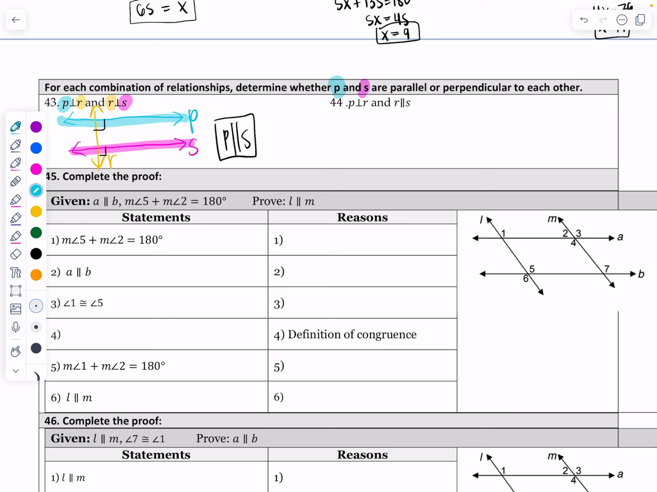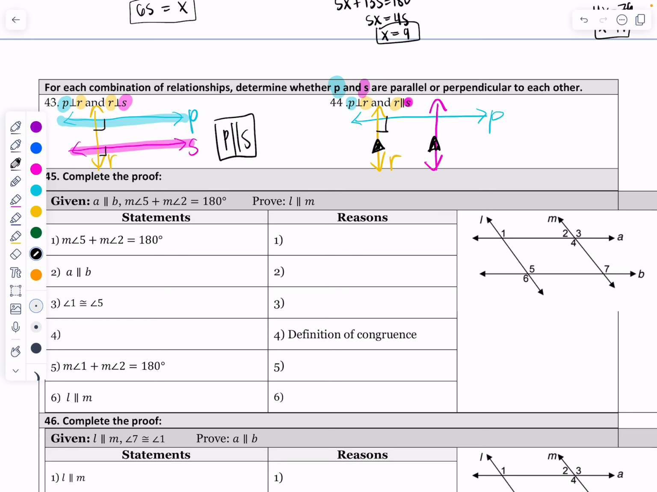All right, it gives us another situation on 44. Line P is perpendicular to R. So let's draw in line R. Line R, to be perpendicular to P, has to cross it. What angle does it cross it at? It crosses it at 90, at a T. But it also says that R is parallel, which means facing the same way, as S. So I'm going to add those little triangles to show that those are parallel